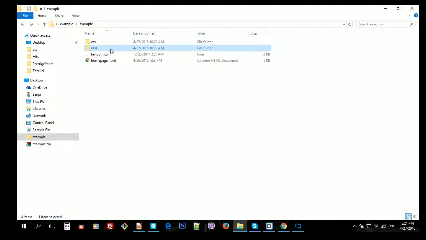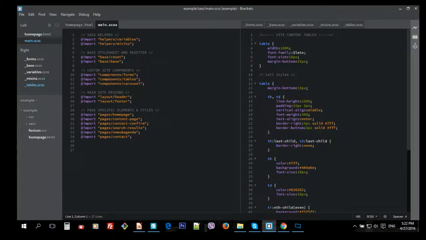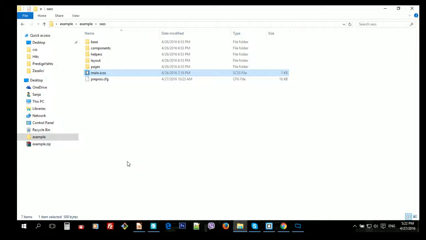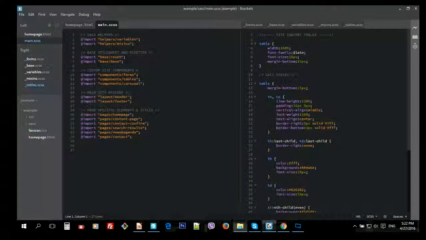And what is interesting is here in this folder called SASS, of course, and how I usually prefer to structure the files. I found this way easiest for further usage. So as you can see, we have one main SASS file, SCSS, in which we import all the other files. They're structured in these folders right here. So let me start from the beginning. The base folder is where I put my base styles, and this resetter file, you can always just copy paste it because it overrides the browser default styles, and that's why